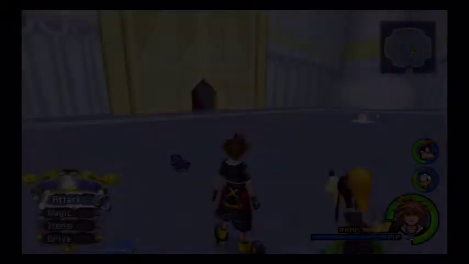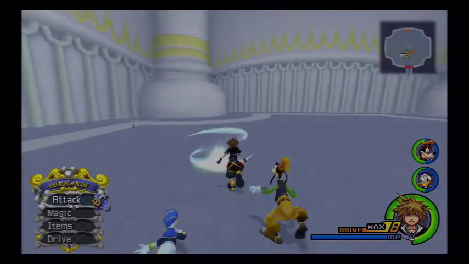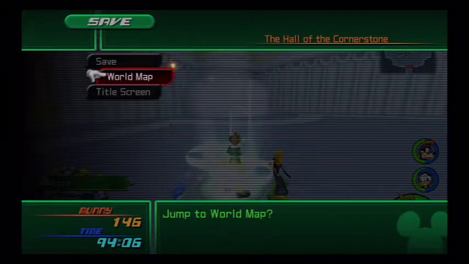The next form is Master Form. Now, this one can gain EXP pretty much anywhere. What Master Form gives you is greater physical strength and magical strength. It's really helpful to use, it's really powerful, but it's kind of a pain to level up because you need to find drive orbs. Now I'm going to show you a place where you can level grind it pretty easily